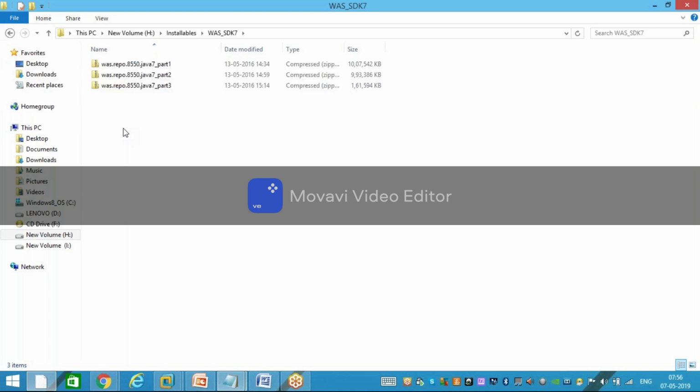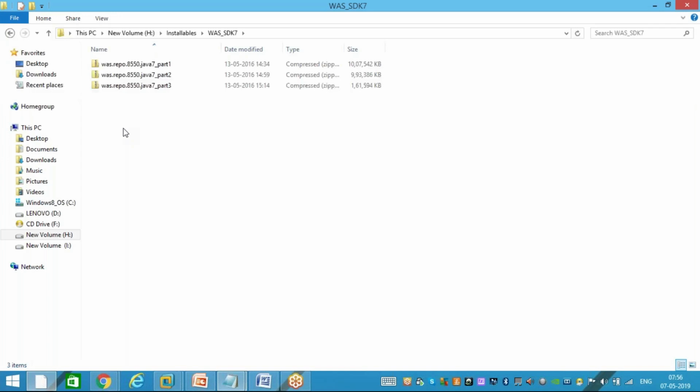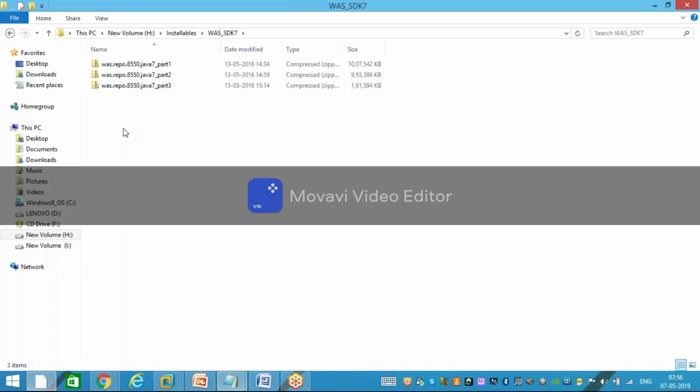WAS 8 gives you JDK 6 by default, so all the code the developer gives you should be JDK 6 build code, but there are many requests from developers saying this application package was developed using JDK 7, and those packages cannot be hosted